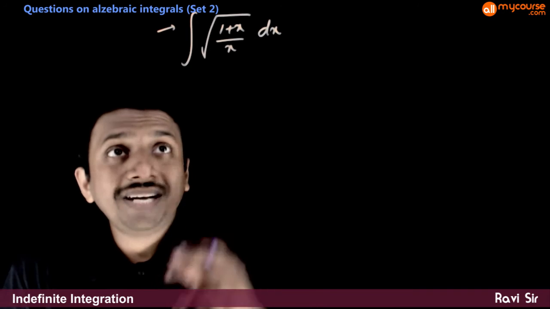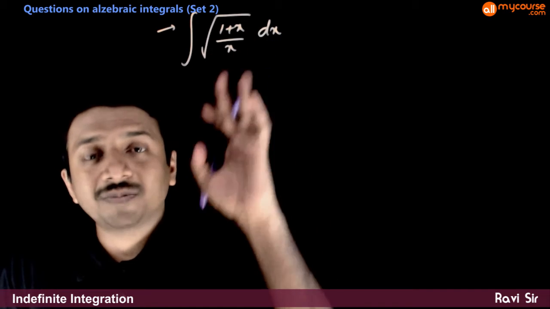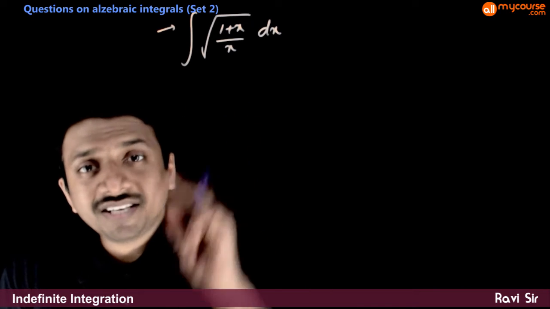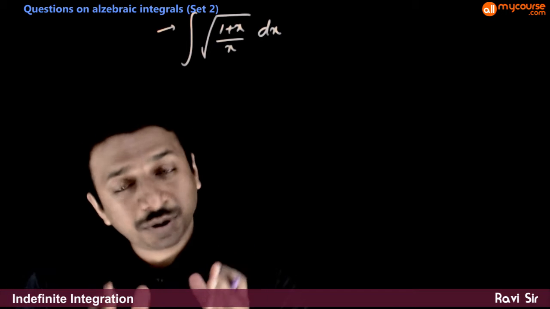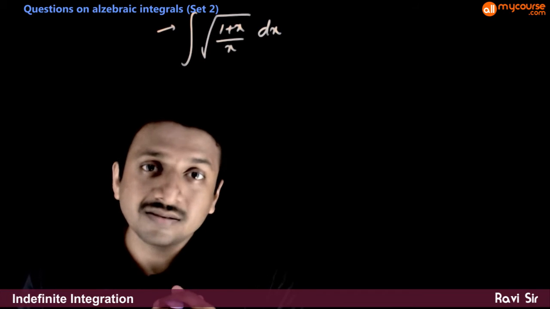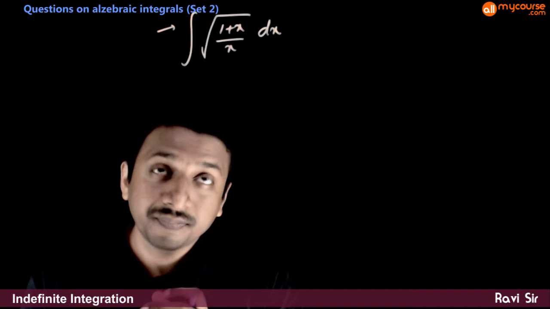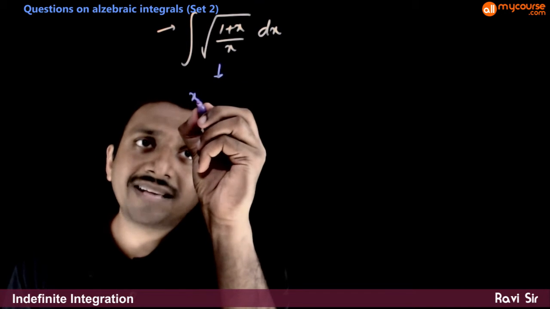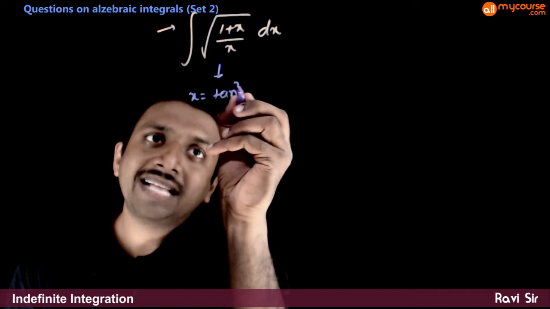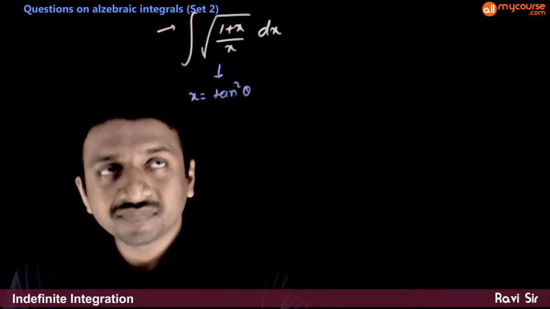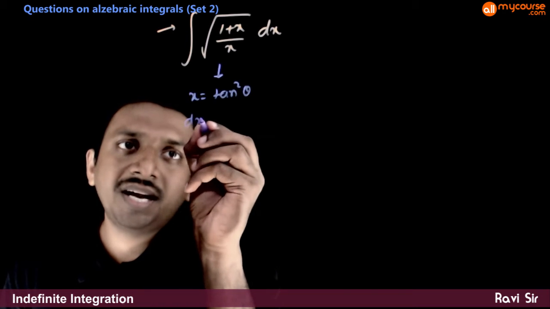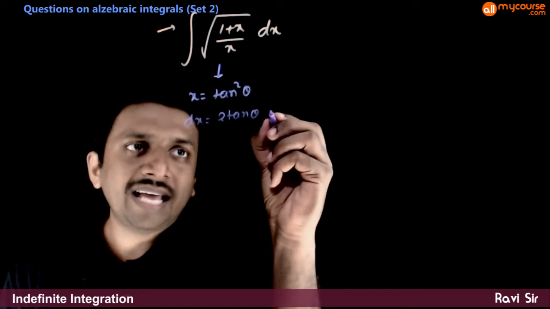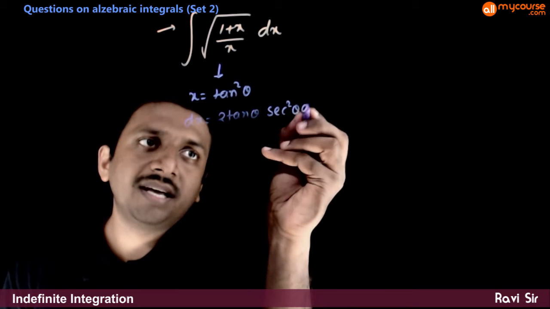So next, let us say that you need to integrate root of 1 plus x by x. To solve this integration, you can think of substitution as well as these algebraic formulas. If you think in terms of substitution, you can think of x is equal to tan square theta. If x is equal to tan square theta, dx is equal to 2 tan theta times secant square theta d theta,